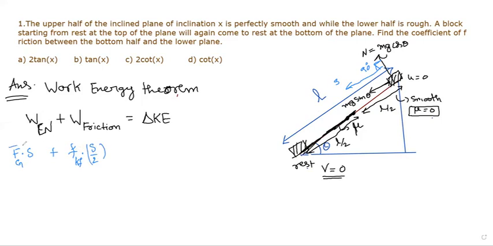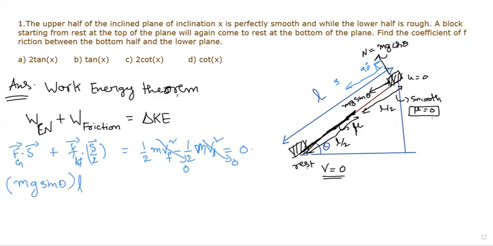So let's write f bar dot s bar, and this is the frictional force, and then displacement, that is halfway. And what about the kinetic energy part? So half mv square, that is the final kinetic energy minus the initial kinetic energy of half mv initial square. But the initial velocity and the final velocity are equal to 0. So the kinetic energy term goes to 0 for you. So now let's see the gravitation. That is nothing but m, the mass of the block, is mg sine theta times